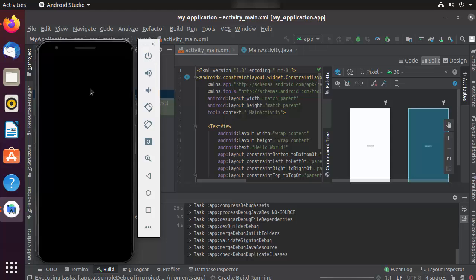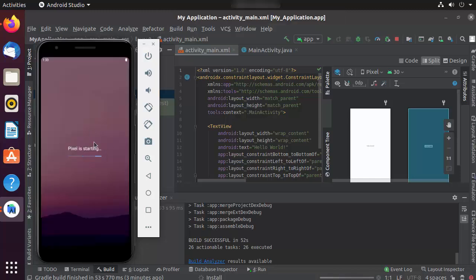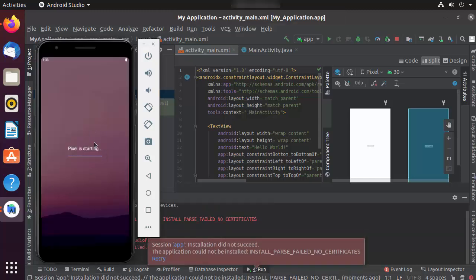on my Ubuntu operating system, which comes with the installation of Android Studio. So this emulator is installed at the time of the installation of Android Studio. So I haven't installed this emulator separately, right? So when you run your app, it's going to open your emulator and show you the output. So just wait for some time until this output is shown. This process might take a few seconds to a few minutes if you are running Android Studio and this emulator